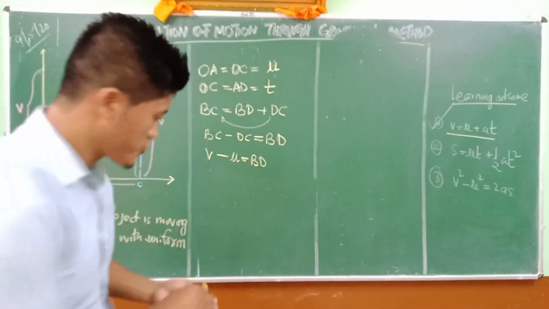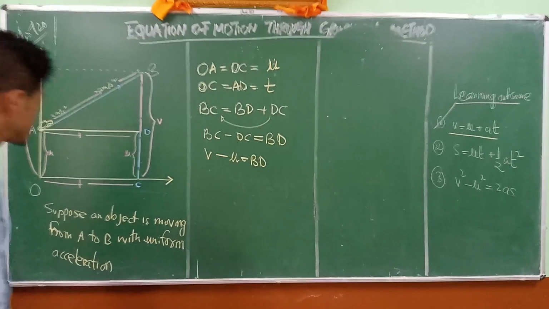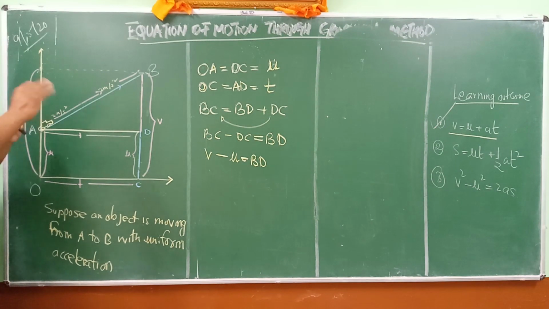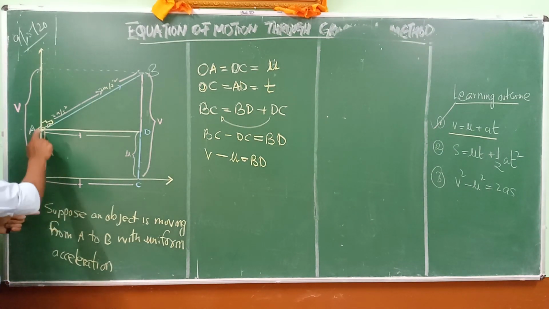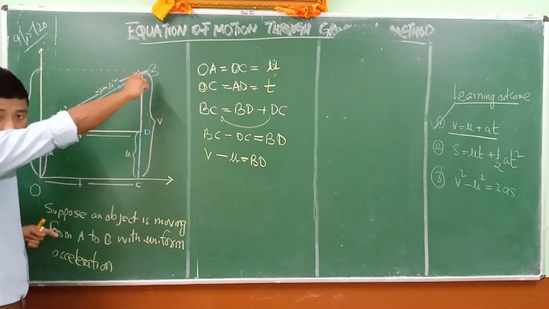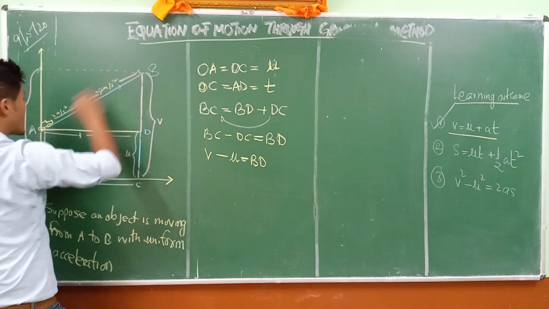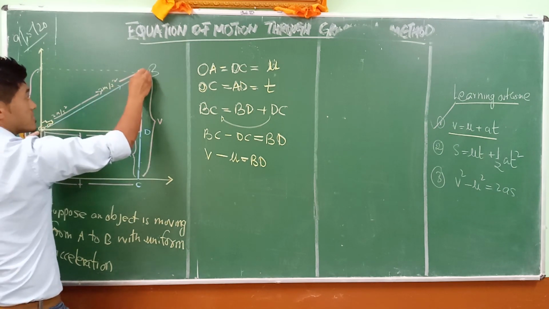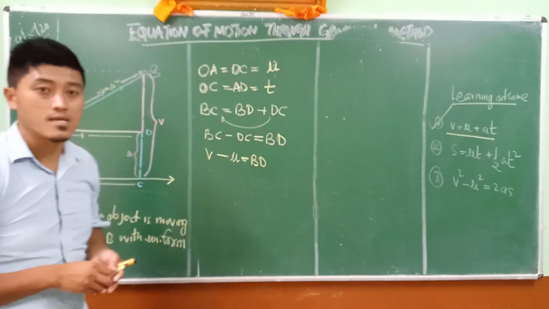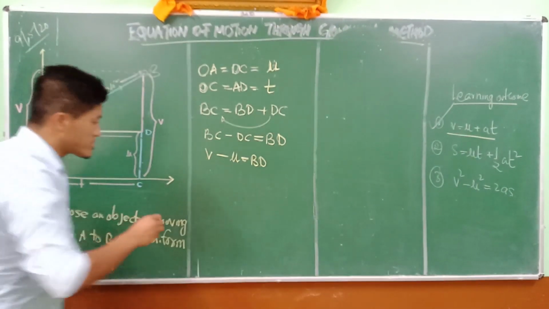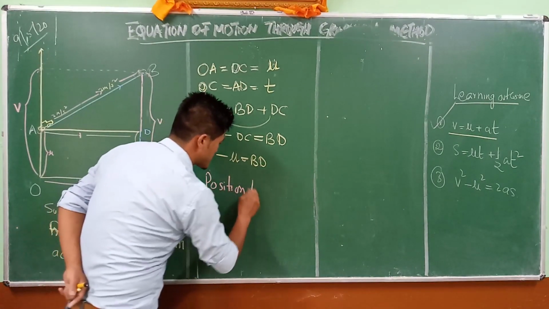So again, what you have to understand is the same graph, this you have to understand somehow, right? Suppose an object is moving from A to B with uniform acceleration, and from A to B there is a change, because the object is over here, next the object is over there. So between this point and that point there is a change. This is what we call change in the velocity, right? Now, the next one is called the position time